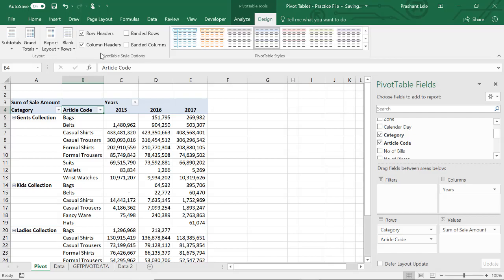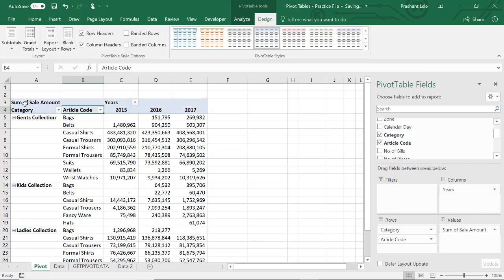After that, in pivot table style options, there are four options: row headers, column headers, banded rows and banded columns. If you do not want your column headers, you can remove them. If you don't want row headers, you can remove them. So it is just highlighting. Row headers highlights the row headers or makes them bold.